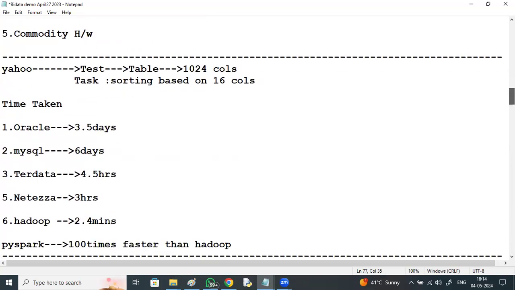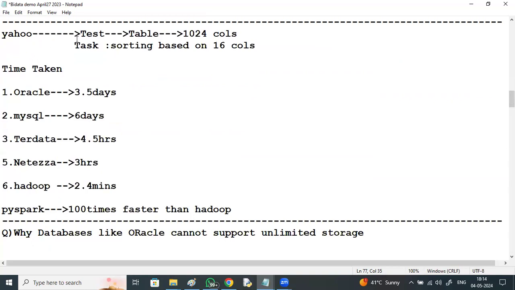Yahoo has conducted a test to check the speed of different databases. It took a table of 1024 columns. The task was sorting based on 16 columns. Generally, we sort by a single column, sorting based on age, department numbers, or years. But here, sorting based on 16 columns. Time taken by the different databases: